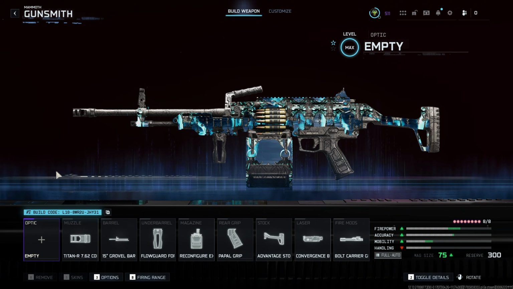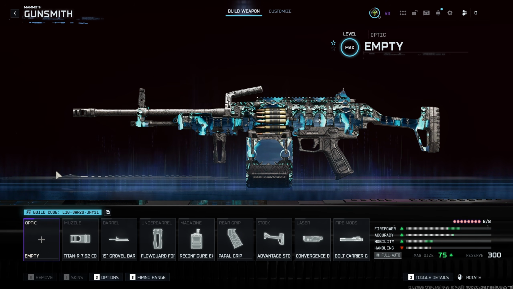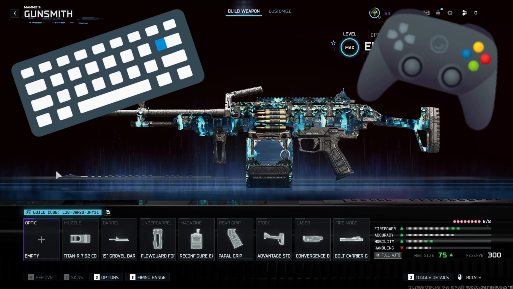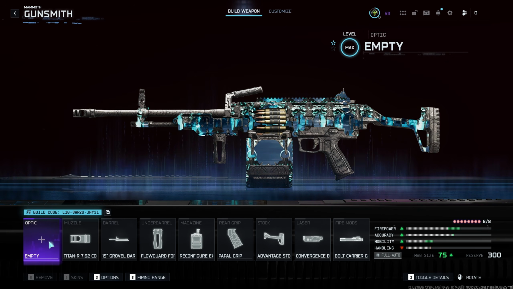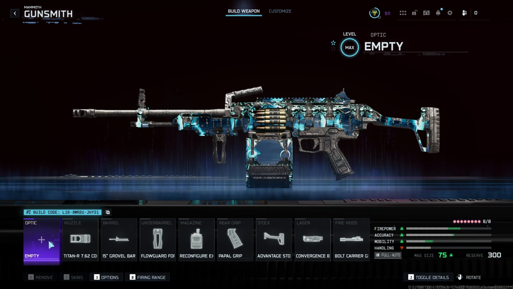go over some of these attachments in detail, because there is actually a bit of flexibility in most of these attachment slots, and depending on how you play the game, or even what input you're using to play the game, you might want to switch some of these things up. For everybody though, starting with the optic, you don't need an optic. This is zombies, and in fact, with my build specifically, we're basically never even going to be aiming down our